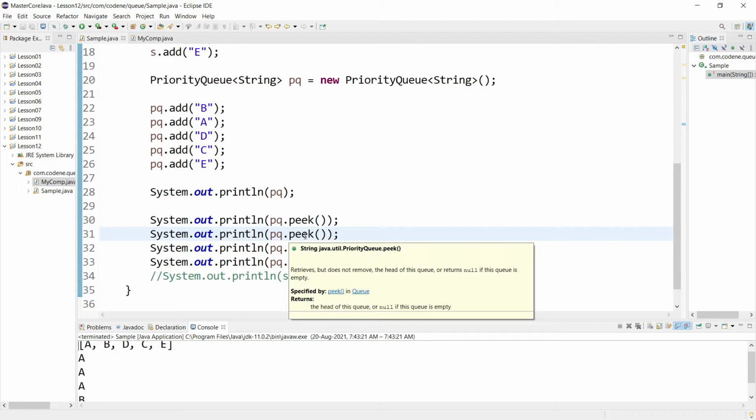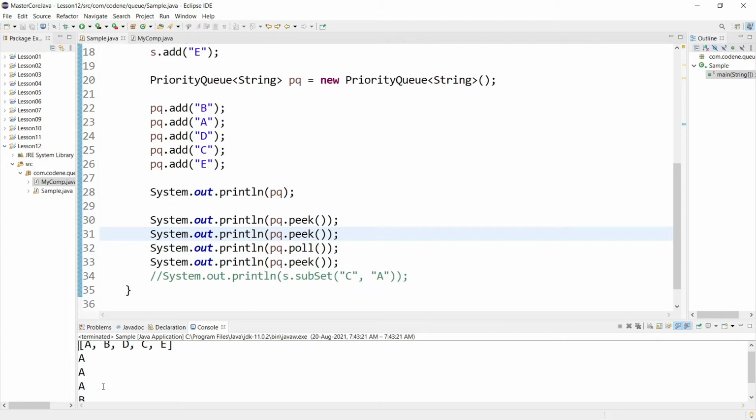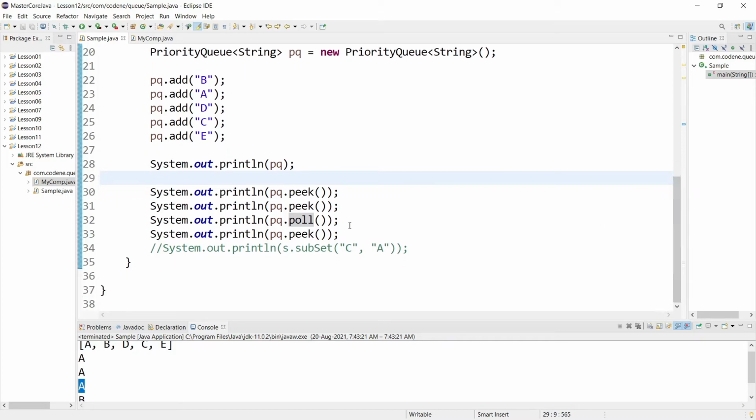It will return you the first element according to the priority. Poll means it will return you the value according to the priority, that means this one, A, and also it will remove the element from the queue. That is first in, first out. So that is the work of the poll method.